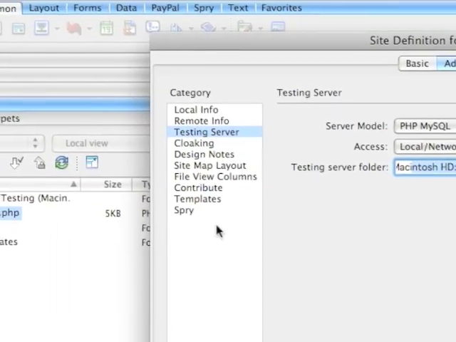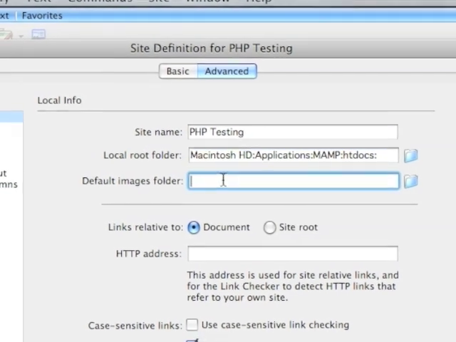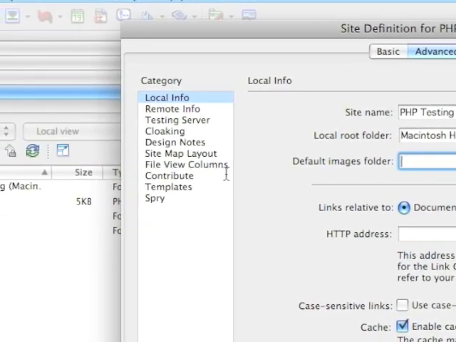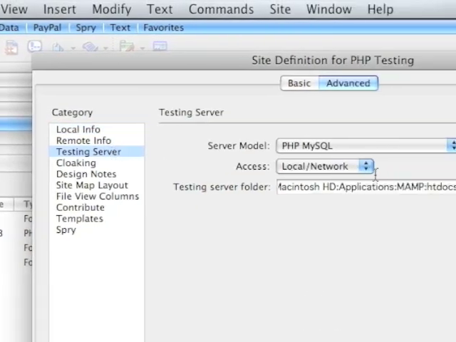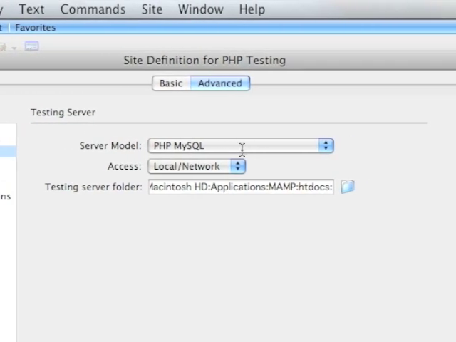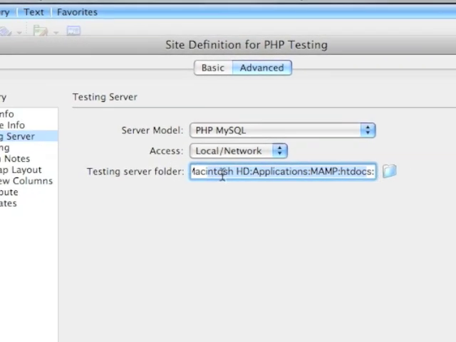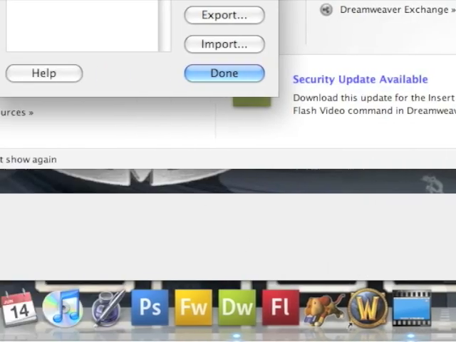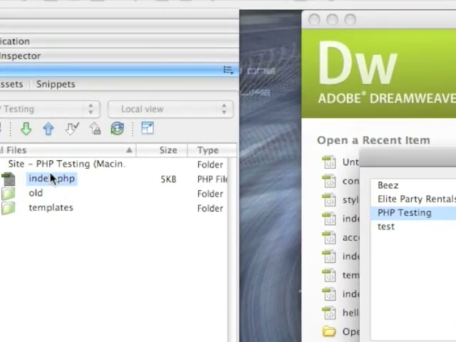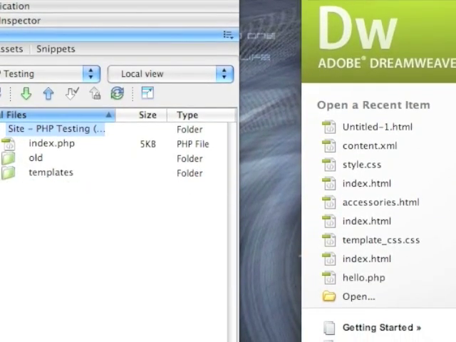And when you're setting up the site, it's going to be the same thing. You're going to want to set up your local info, a default images folder if need be. You can set this up, but for the purposes of demonstration, just go onto the testing server, make sure there's PHP MySQL in the server model, access local network, and the directory where your MAMP server is installed, and then htdocs. I'm going to go ahead and hit OK, and then done. Let's go ahead and see if there is anything